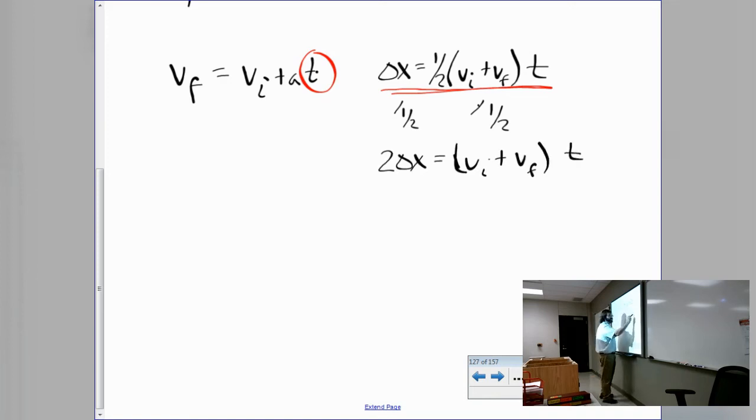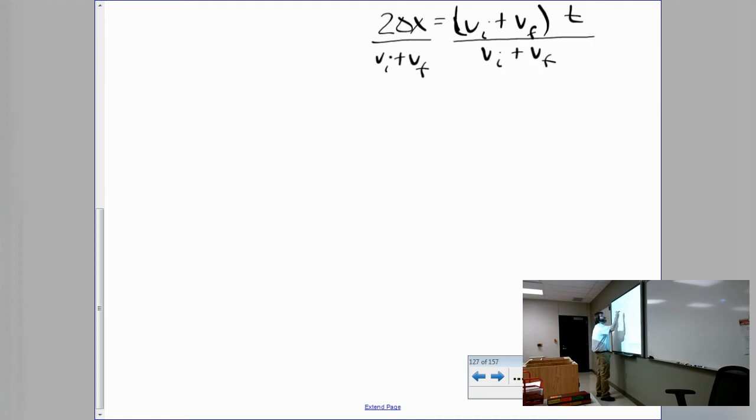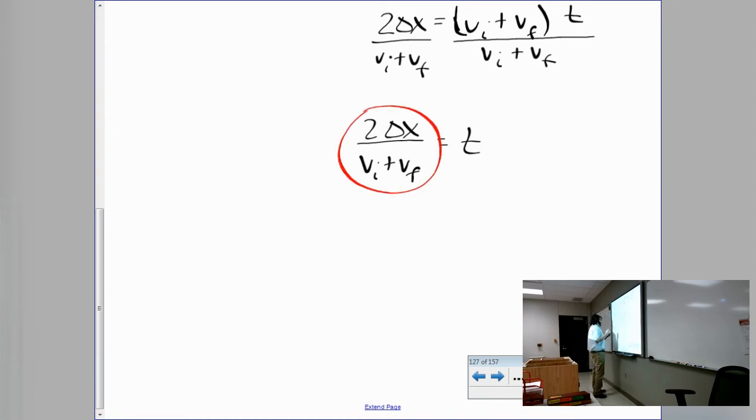Again, velocity initial and velocity final are being multiplied by time, so I can divide both sides by that. It'll cancel out on that side, and we have velocity initial plus velocity final on the left now. I'm going to rewrite that. So we have 2 delta x over velocity initial plus velocity final equals time. I'm going to take that and plug it in